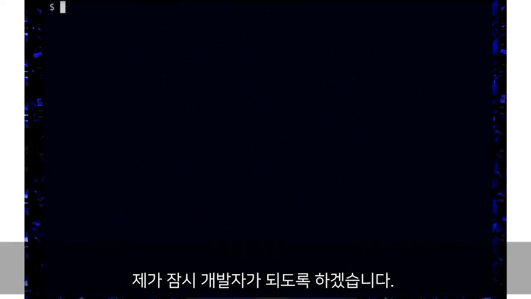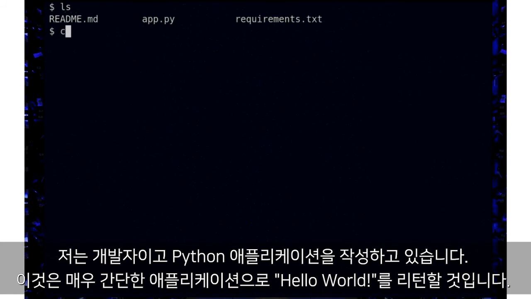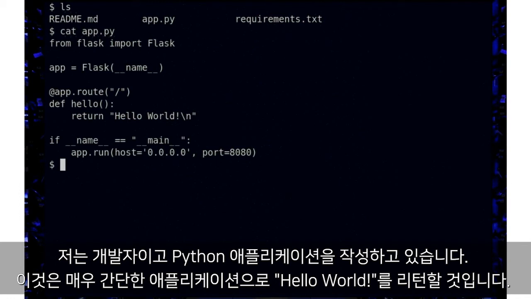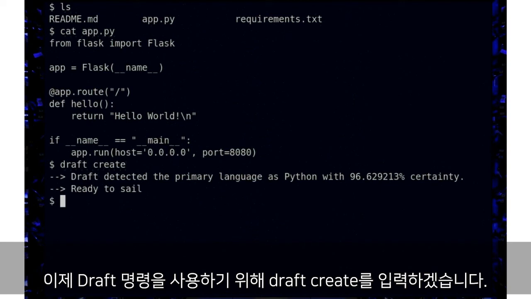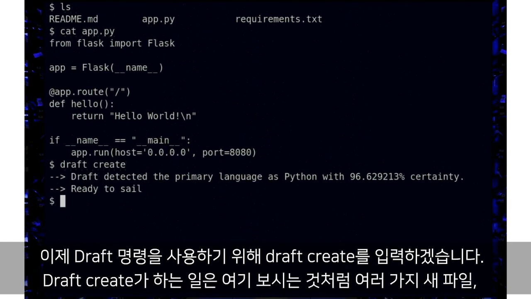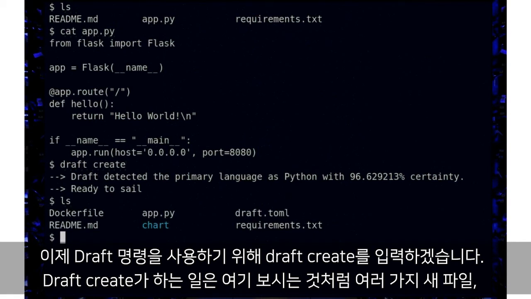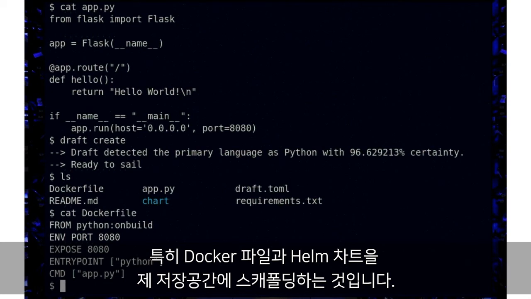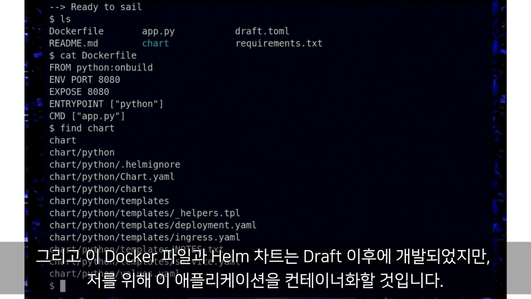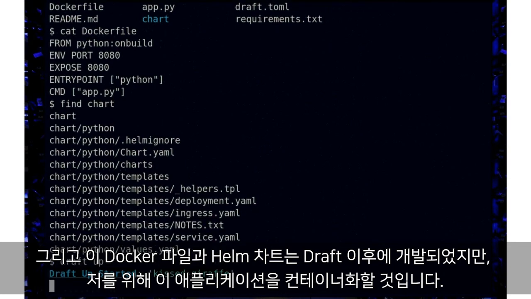So I'm putting my developer hat on here. I'm a developer and I'm writing a Python application. And this is a very simple application. It's just going to return a hello world. And what I want to do is use the draft command and type in draft create. What draft create is going to do is scaffold out a bunch of new files into my repo, specifically a Docker file that you can see here, as well as a Helm chart. And this Docker file and Helm chart is going to effectively containerize this application for me, even though I, as a developer, don't actually know anything about Draft,